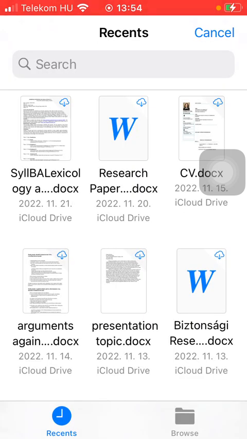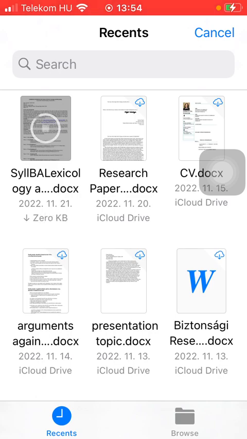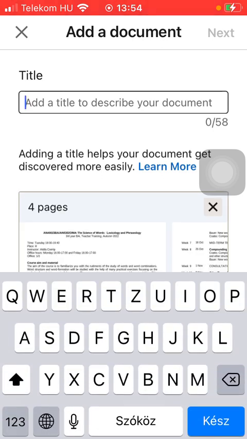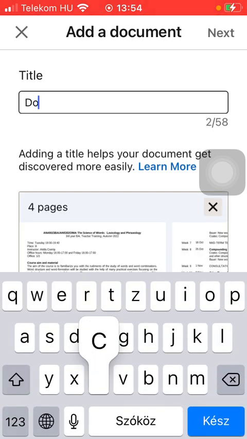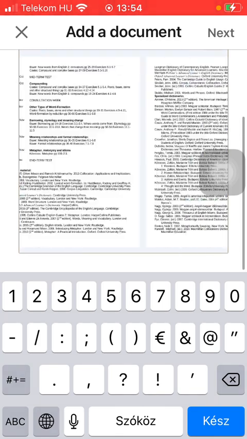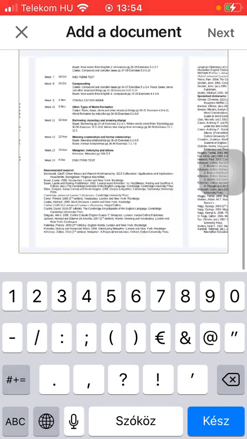Select the document that you would like to upload. So tap on the relevant one, and here you should add the title to describe your document into the first box. Here you can find the document itself. If you slide to the right side, you can check out the whole